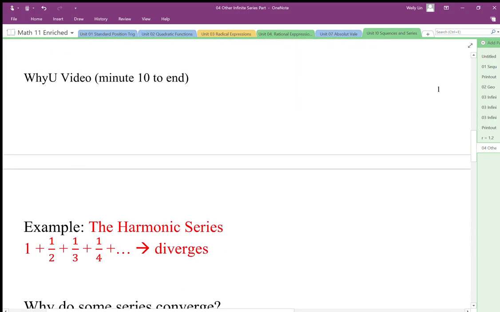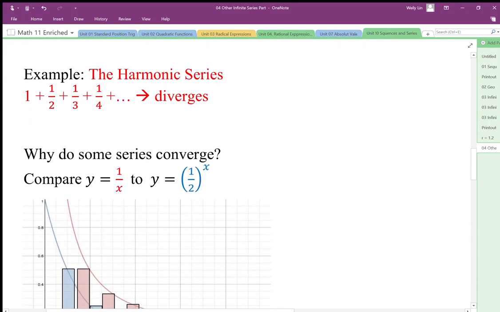There are some series that do not converge. So a harmonic series is an example. And a harmonic series is an interesting series, and this is called a harmonic series because these ratios tend to form natural harmonics for music. This series basically is just going to be 1 divided by 1, 1 divided by 2. So as we increase the number of terms, the n is just going to get